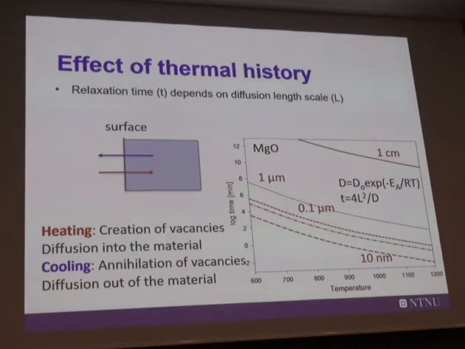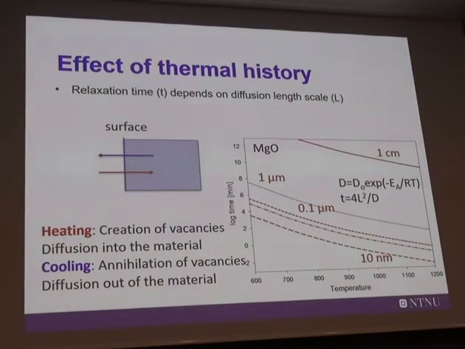When you cool the sample, you go from a high concentration of point defects to a lower one, meaning that you have to annihilate vacancies, and the diffusion process is now in reverse. You have to diffuse oxygen and magnesium vacancies from the interior of the sample to the surface, or to a grain boundary or something. So it's a diffusion process, and you can illustrate how this will happen just by looking at the